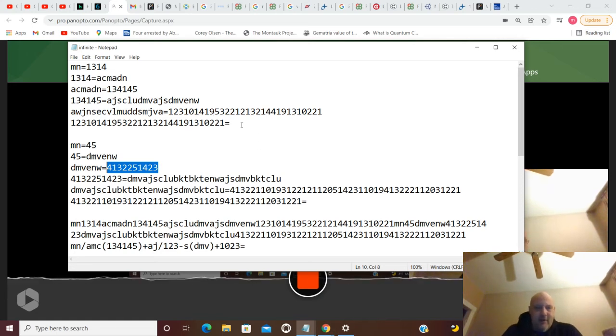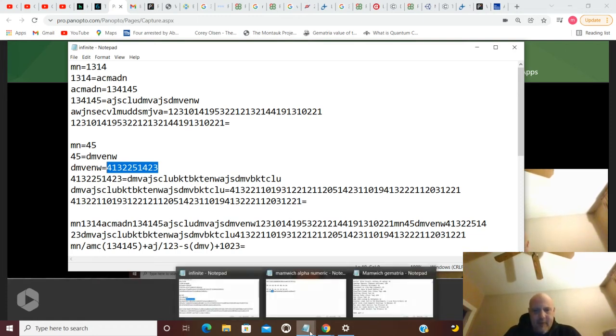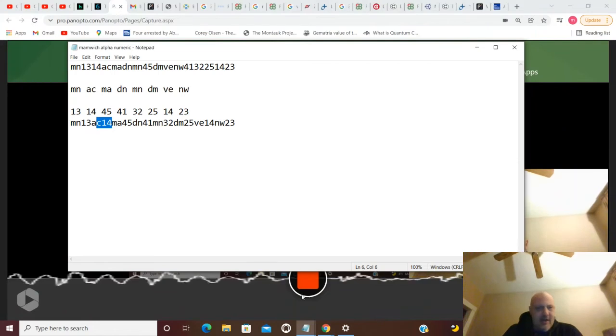Numerology in reverse is also a thing. There's a lot of things that could be done. And we're only using alphabetic order and numerology in this. And so we paired this off and got MN13, AC14, MA45, DN41, MN32, DM25, VE14, NW23.